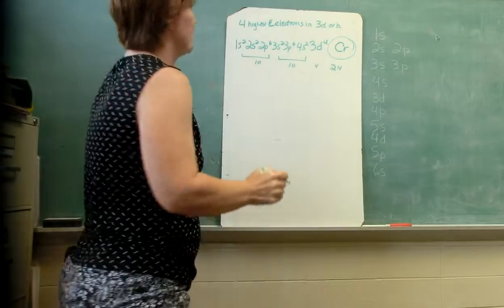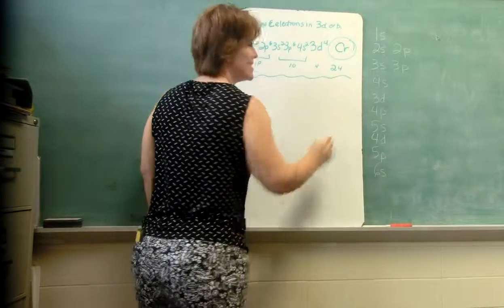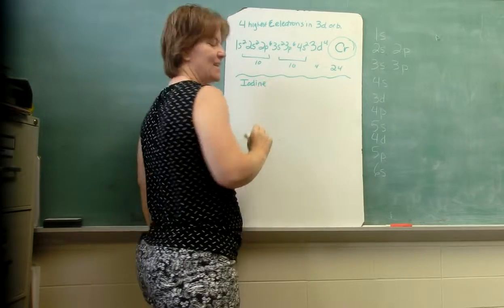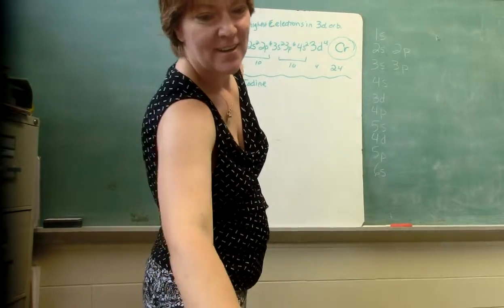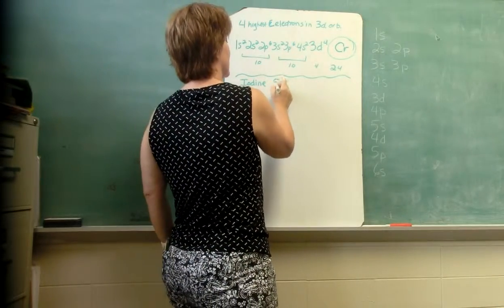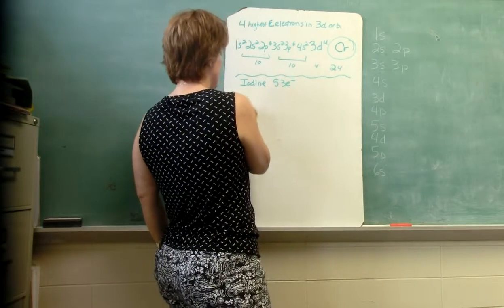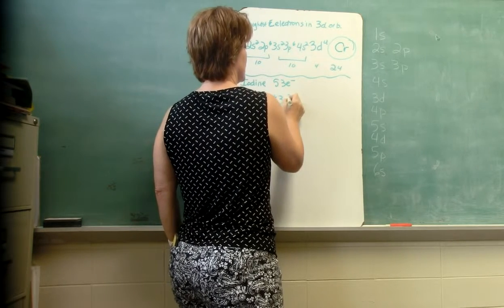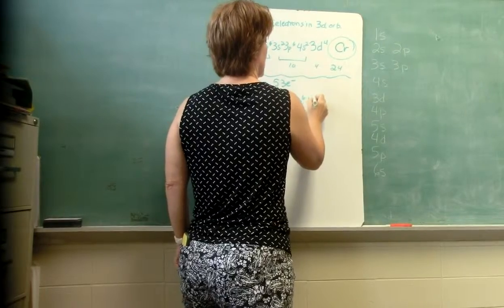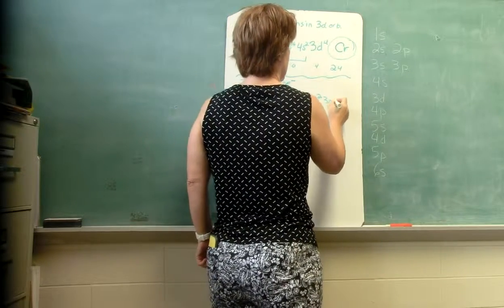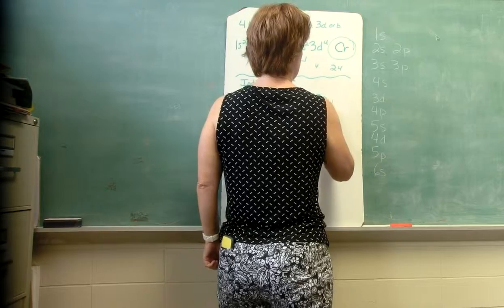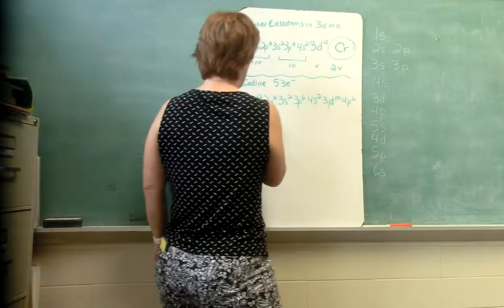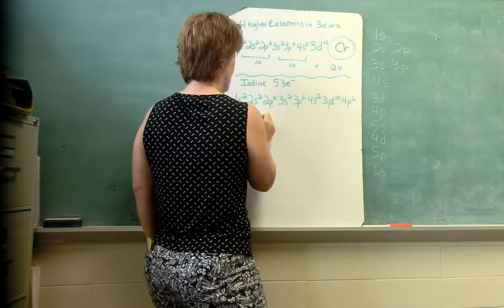Write the electron configuration for iodine. Oh, I just did that on the other slide, didn't I? Iodine has 53 electrons. 1s2, 2s2, 2p6, 3s2, 3p6, 4s2, 3d10, 4p6, 5s2, 4d10,